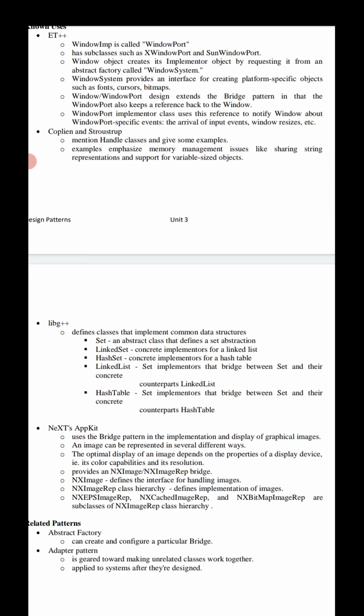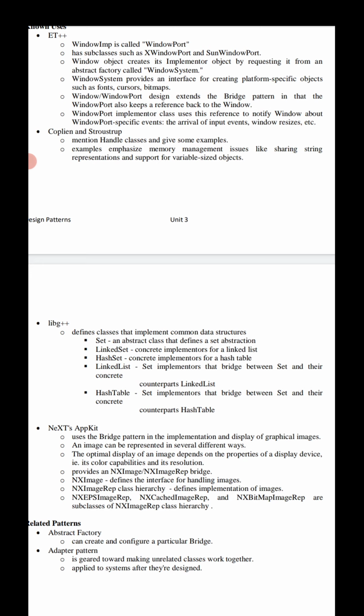It uses the bridge design pattern in the implementation section to display graphical images. Here an image can be represented in several different ways. So the optimal display of a particular image depends on the properties of a display device, that means the color capabilities and its resolution, how the pixel representation it provides.